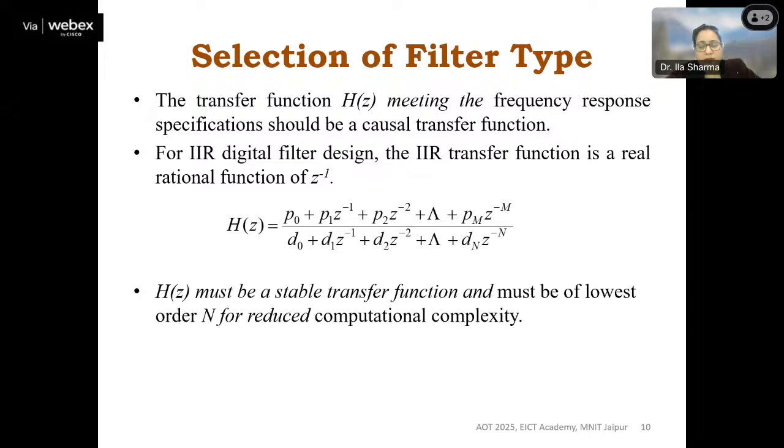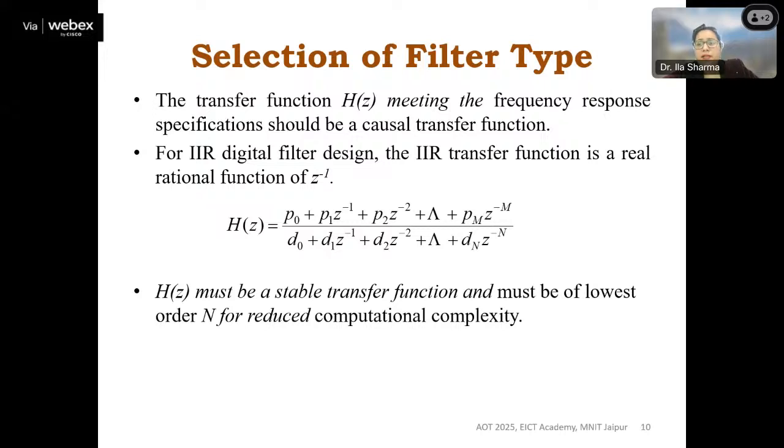So now our objective is clear, that we have to design that filter. Now the important question comes: the selection of the filter type. As I told you, based on the impulse responses of the filter, you have two kinds, IIR and FIR. And you can design any of these filters, low pass, high pass, band pass, from these two, meaning low pass IIR filter, high pass IIR filter, low pass FIR filter, high pass FIR filter. So this can be designed in any of the ways, but there are pros and cons.